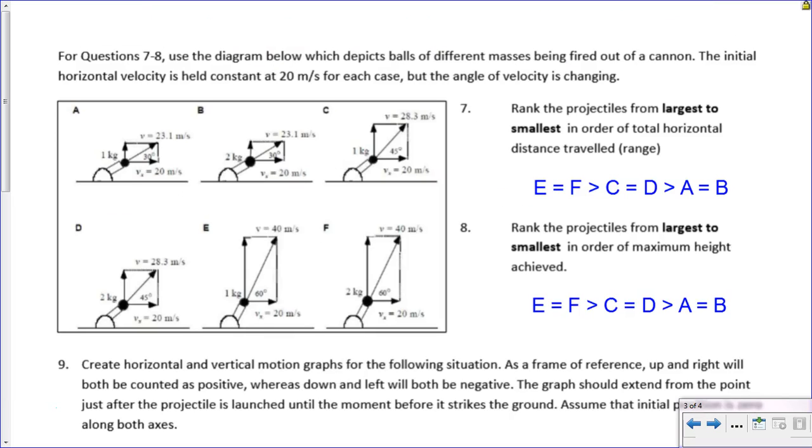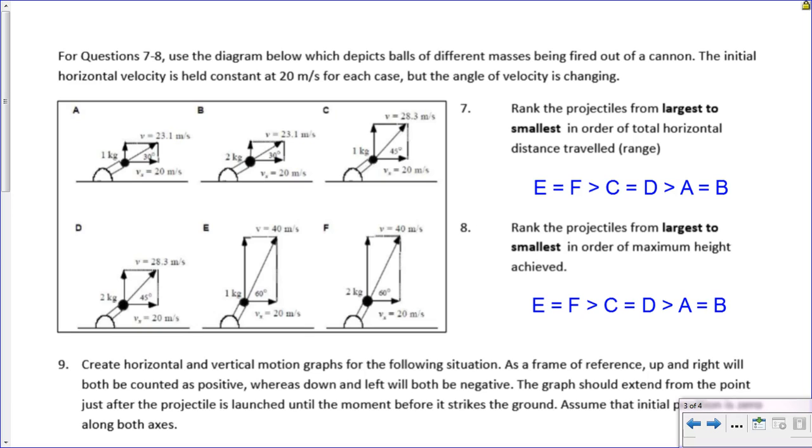We have just a couple more ranking tasks here. These are looking at a set of cannons that have the same horizontal velocity. They have the same Vx, 20 meters per second for all of them. The first question asks us to rank the projectiles from largest to smallest in order of their horizontal distance traveled